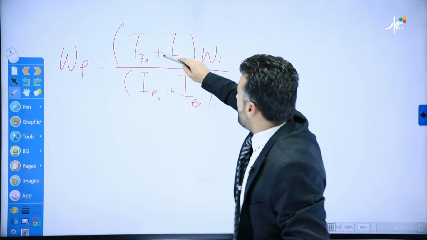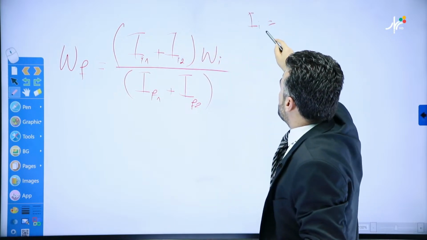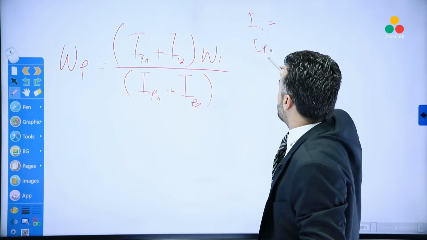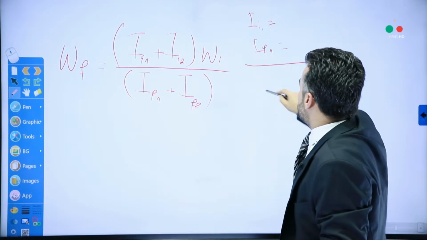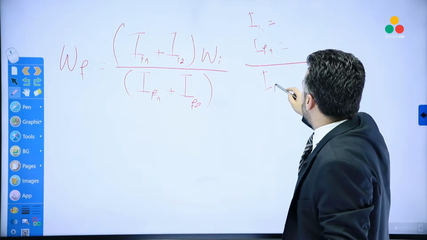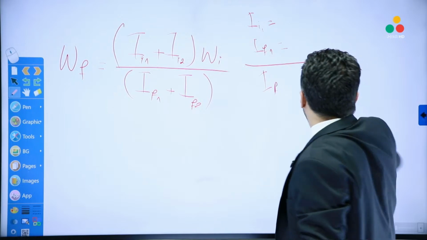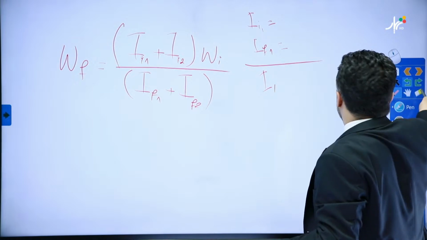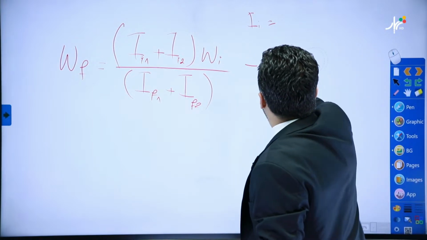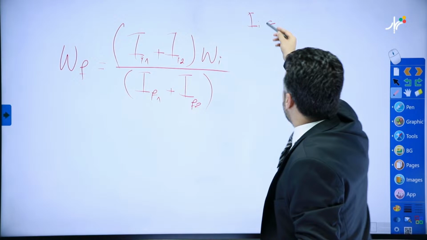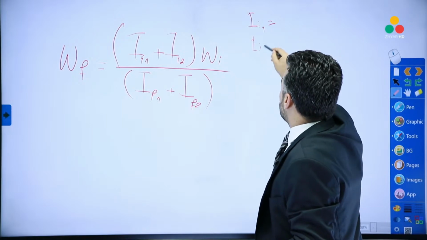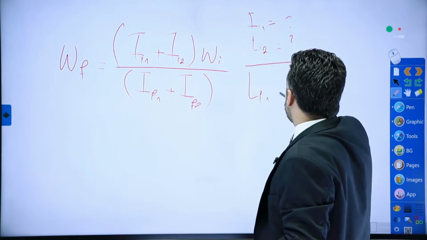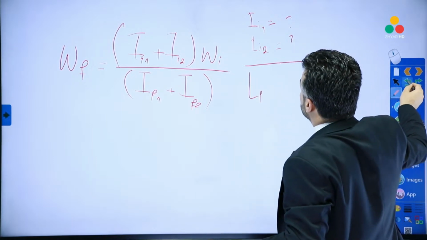So in this case, you're going to find I initial for the first object, and then I final for the first object, then I initial for the second object. Let's go by the order so I don't get you confused. So I initial for object 1, I initial for object 2, try to find them, and then I final for object 1,